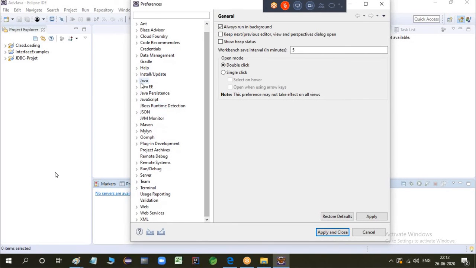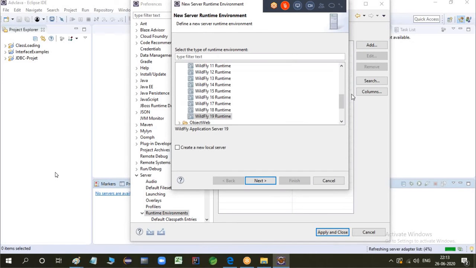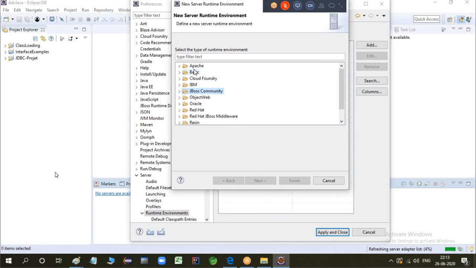Here you will see Server options and Runtime Environment. Here you can add a server by clicking on Add. You will find some default options like Apache, Basic, IBM, JBoss. IBM is for WebSphere.